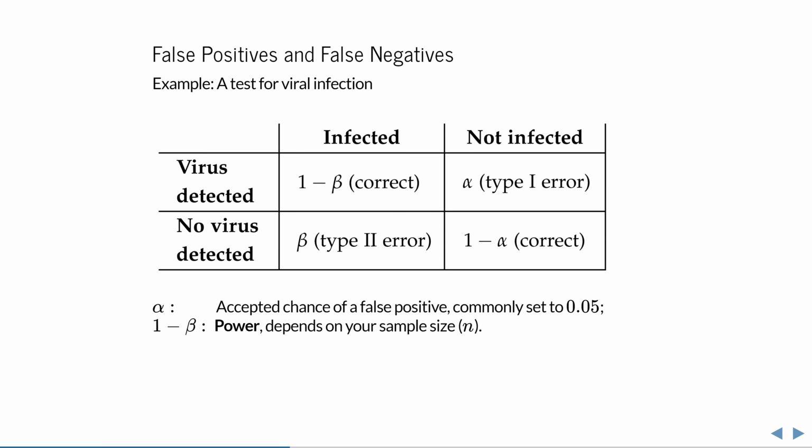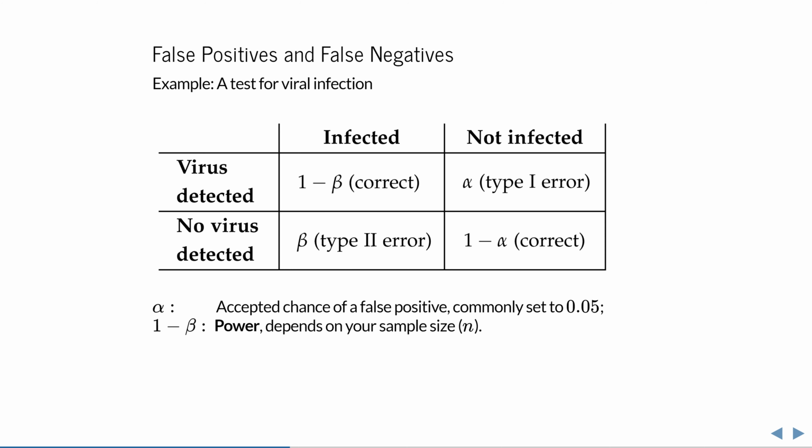To limit the chance of a false positive, simply be more strict about what you consider significant. By setting the level of significance alpha before seeing any of the results, you define a threshold for the maximum tolerated chance of a false positive. If your p-value is smaller than this threshold, then the test is significant at the level you specified. In many fields, it is common to use an alpha of 0.05, which means that you accept a 5% or 1 in 20 chance of a false positive.